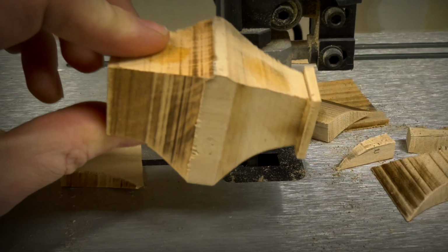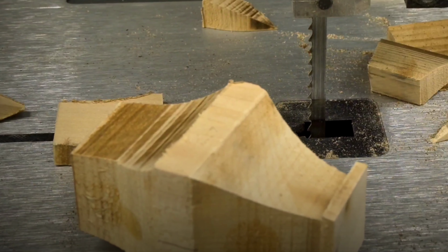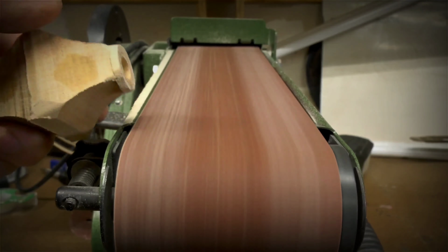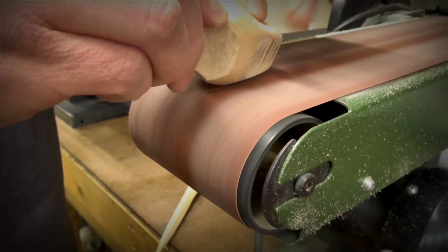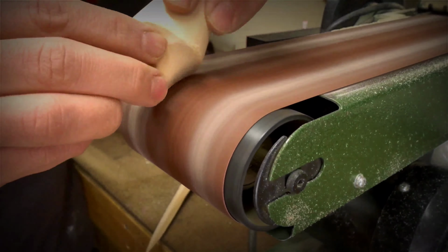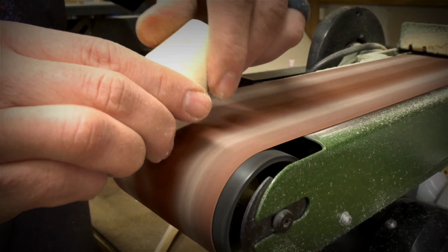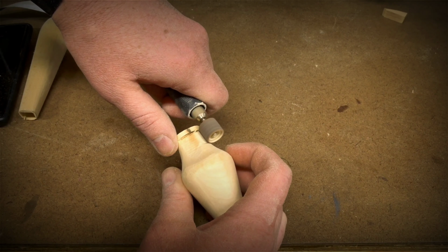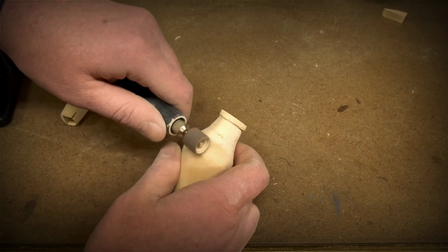I bet you can't guess which tool I'm going to use to refine the shape of this piece. Holy crap, you're just too smart for me. That's right, once again I'm using the belt sander. I suppose I could have used the wood lathe for this part, but if it ain't broke, then don't break it. Moving on, I used a little drum sander bit on my rotary carver to add a little collar to